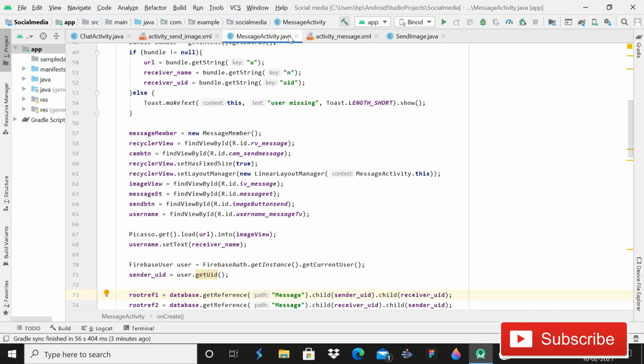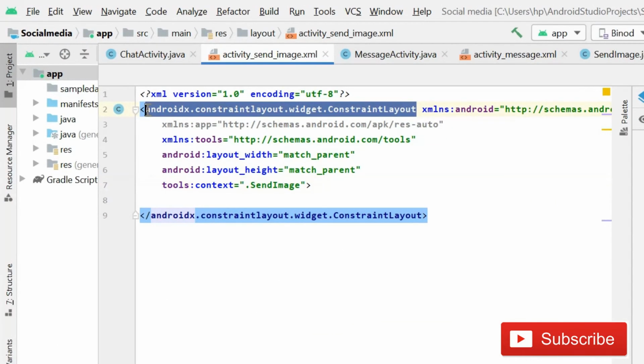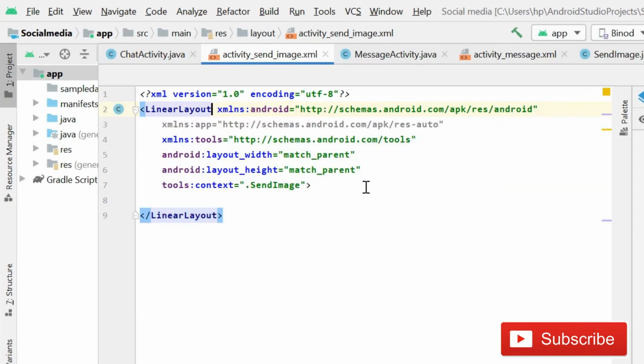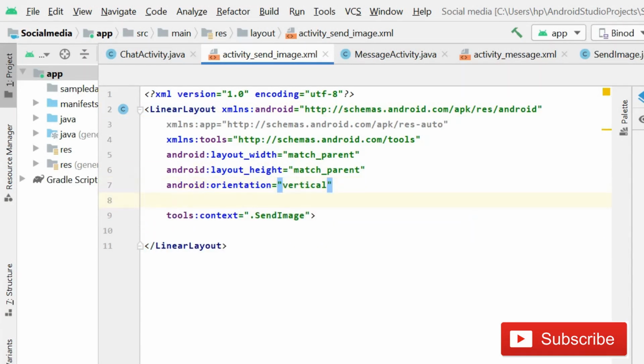After this we can go to this SendImage and make this one a LinearLayout, with orientation vertical, and you can give some padding of 2dp, that's okay. After this we can proceed for now.